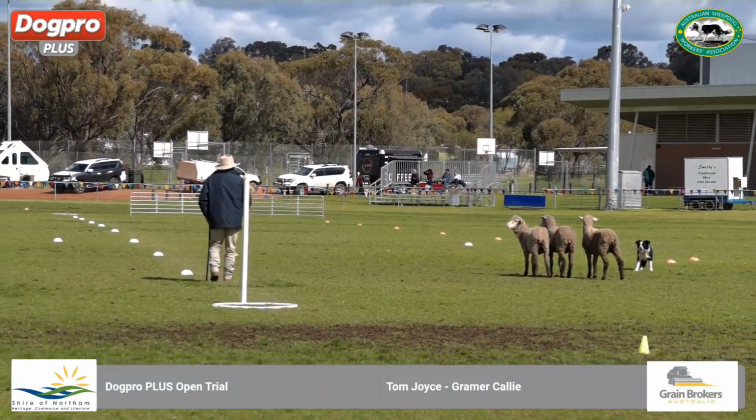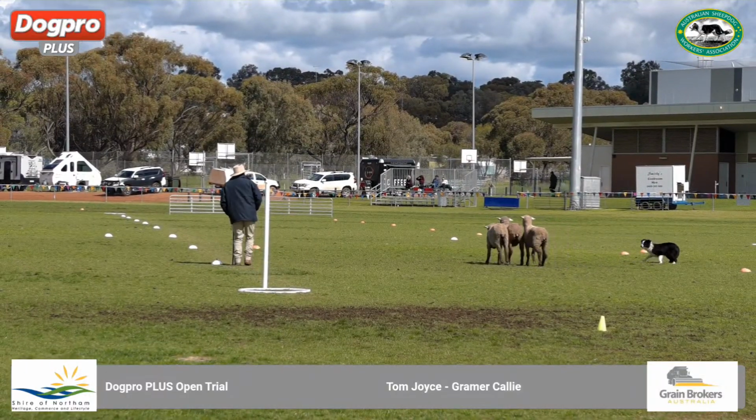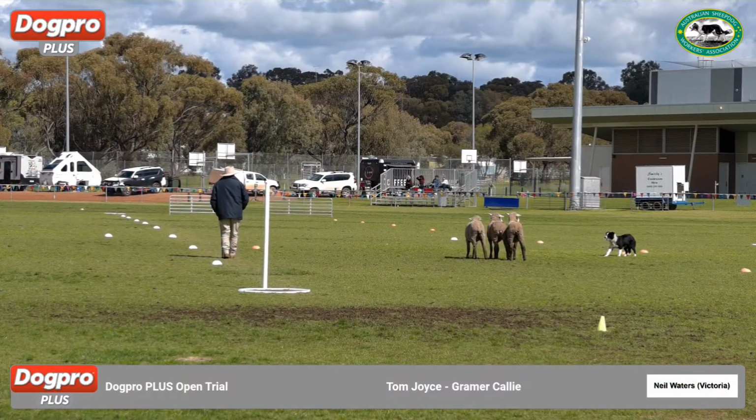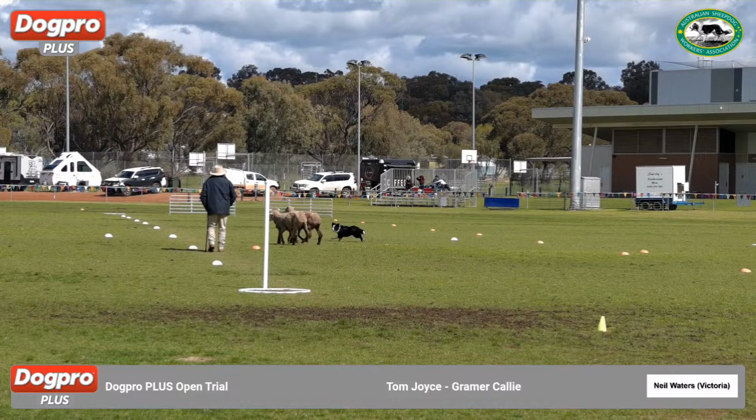Hello there, everybody. Welcome back to the High Pro 2025 Supreme Australian Championships. We're up to Tom Joyce working Gramer Cali. He's just delivered his sheep. He's walking down to the gap